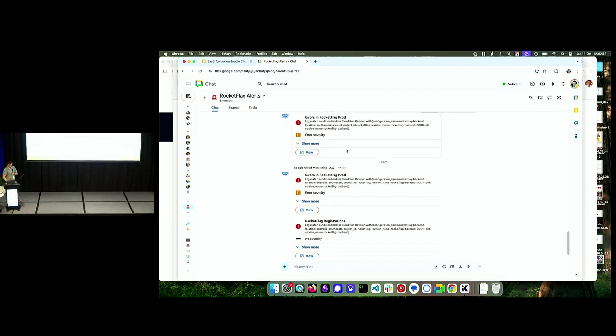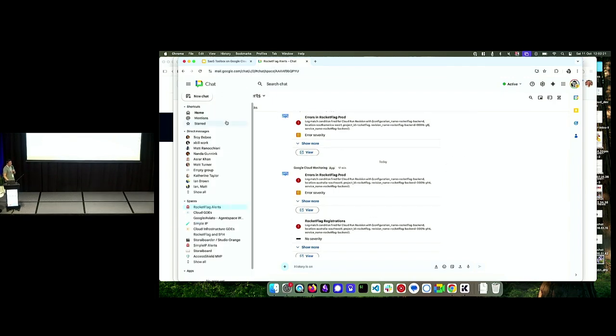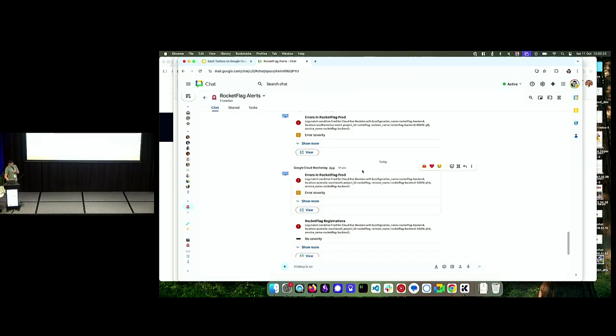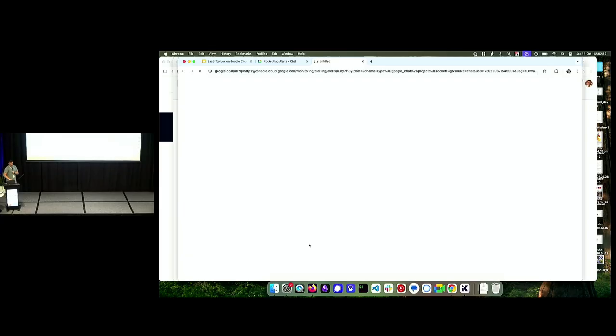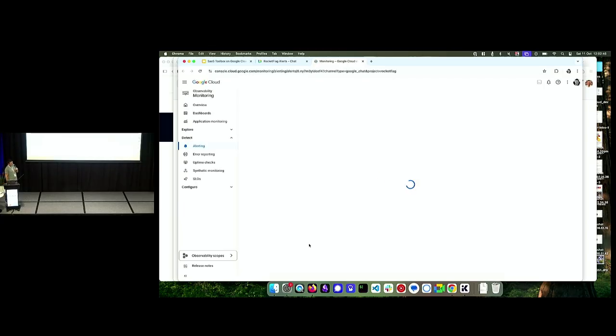and here, this is the Rocket Flags Alert Google Chat channel that I've set up. You can see that there was an error actually 17 minutes ago. So I'm sorry if you have an error, I have to look at that. But this is a custom log metric, so if I want to, I can see more information. There are the alerts coming into the alert channel that I've set up, and this is based on a custom metric. If the internet is working quickly enough, it seems like it is,